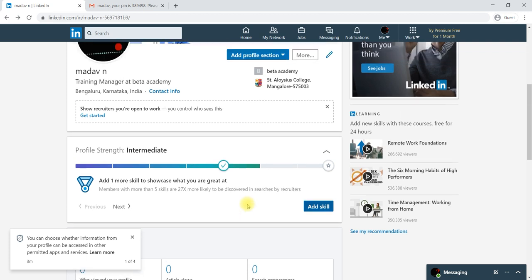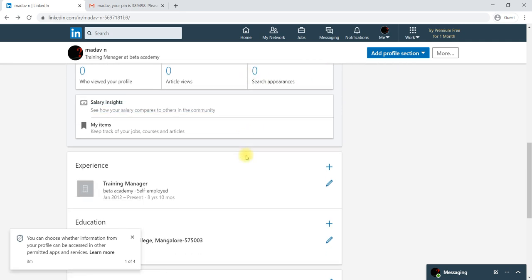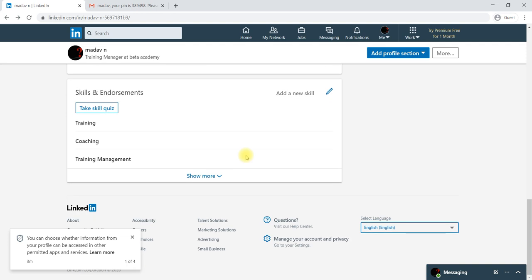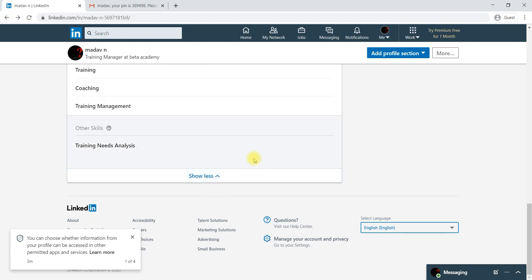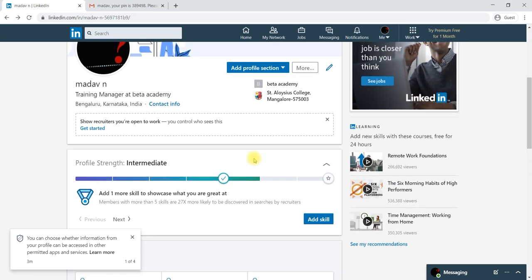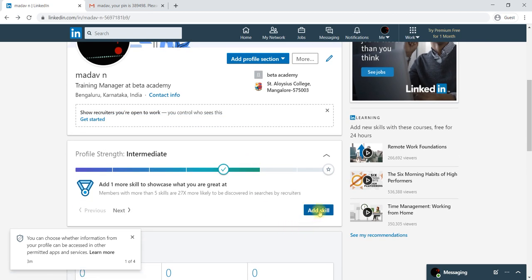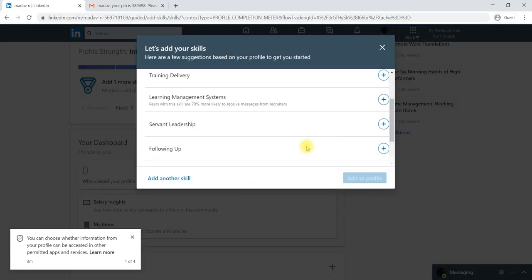Once you have added skills, then here you will be able to see how many people have already visited your profile, how many active users there are, in the sense that they have been checking your profile. Okay, how many times someone searched for your profile, how many times your profile has been displayed. Okay, you can get all the details here. So this profile optimization will help you to get better contacts.